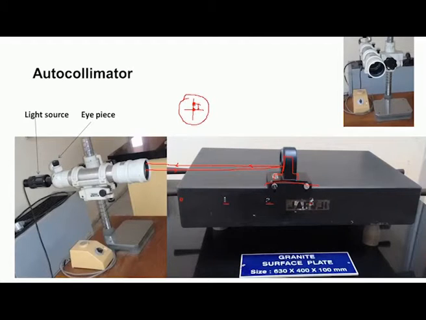It is very essential that before we start the experiment, the surface to be tested is thoroughly cleaned. If there are some dust particles, then the inclination of this reflector stand will change, and that will give an error. So, it is necessary that the surface should be cleaned properly, and then the bottom of the reflecting surface also should be thoroughly cleaned.